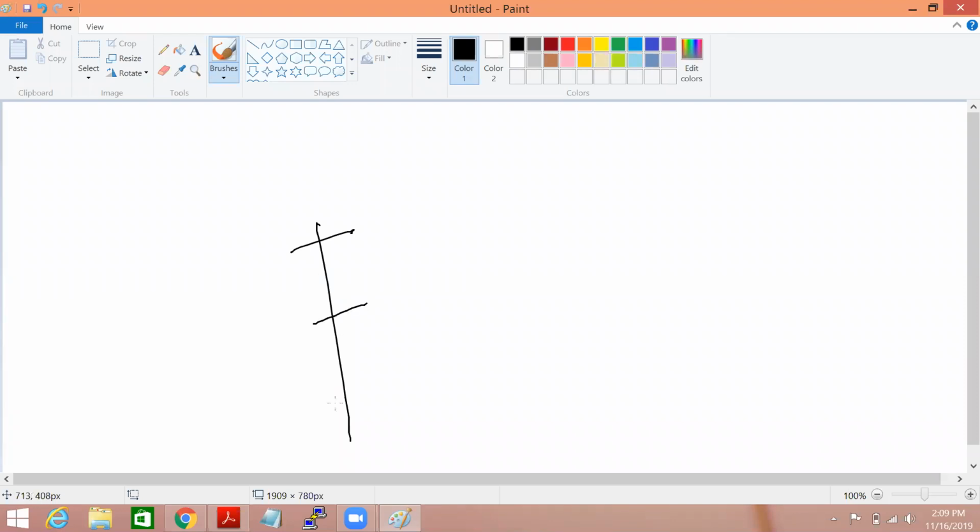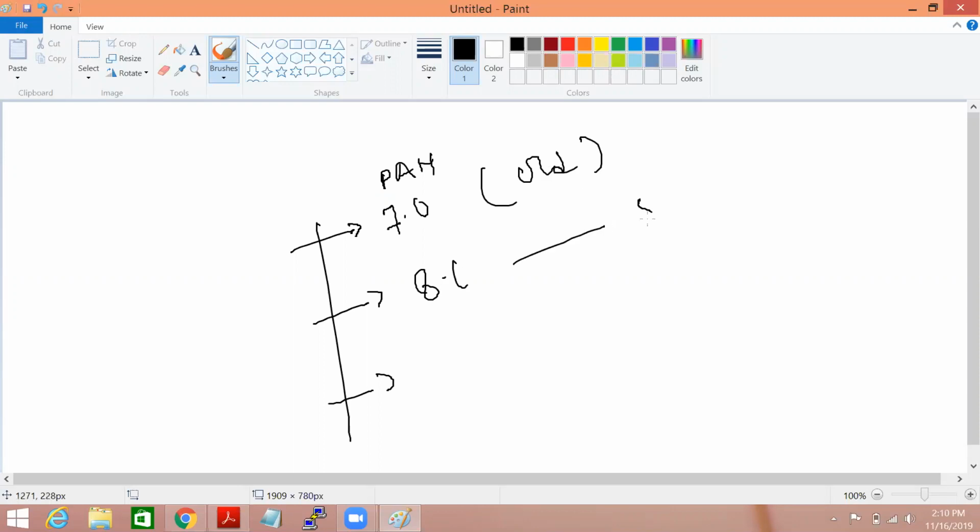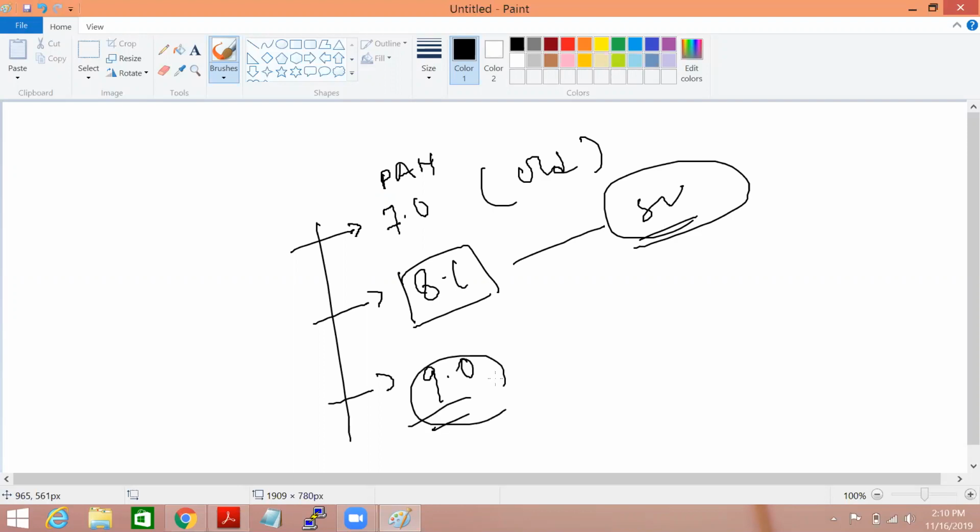Before starting anything, you should know the Palo Alto operating system versions. As of now, the PAN OS versions are 7.0, which is quite old, so people are not using this. 8.0 is the stable version, and most companies use this PAN OS version. And 9.0 is the latest one. So accordingly, we use them. We have all three versions.